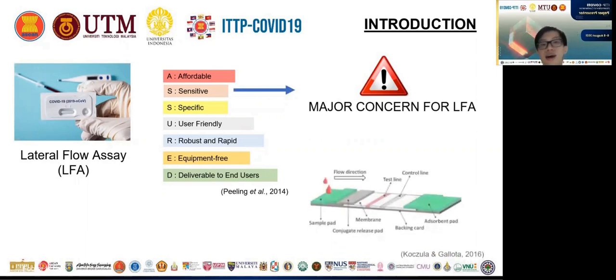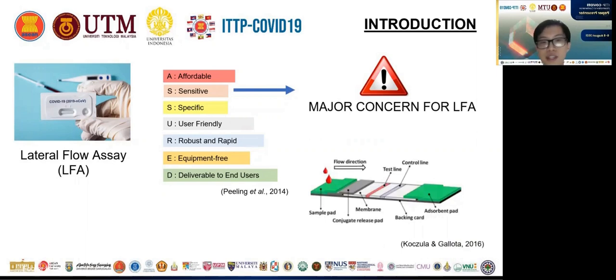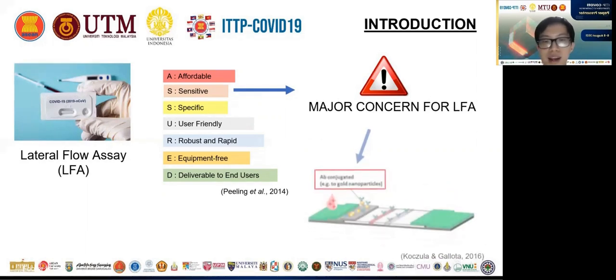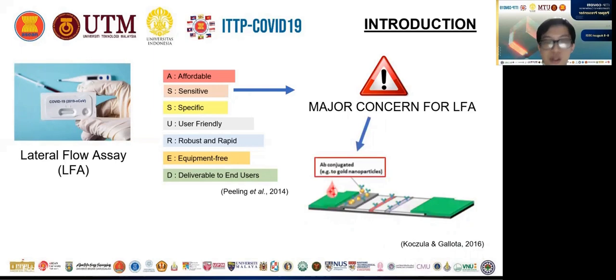sensitivity. And there's actually many parts of the lateral flow assay, such as sample pad, conjugate release pad, membrane, test line, control line, backing card, and absorbent pad. But in this research, we will optimize part of the conjugate release pad, which is the gold nanoparticle and antibody conjugate, which determines the sensitivity of the lateral flow assay and is one of the most important parts of the